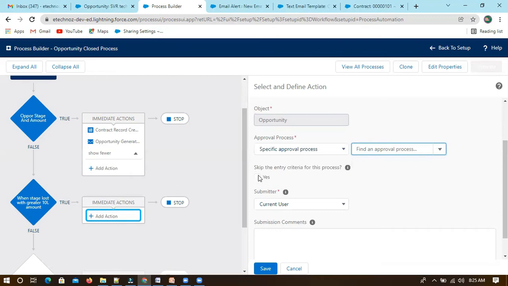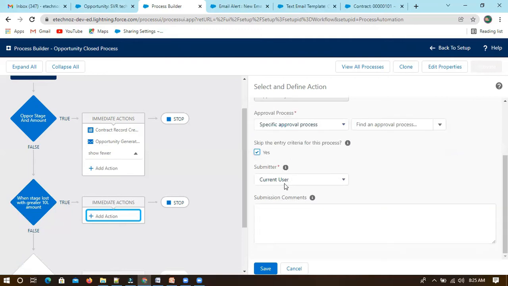Or you can skip the entry criteria for this process. If you select this, it will not check this criteria; it will check the approval process's usual conditions. There has to be a submitter, someone who submits the approval process, because it has to go from this user to some other user.